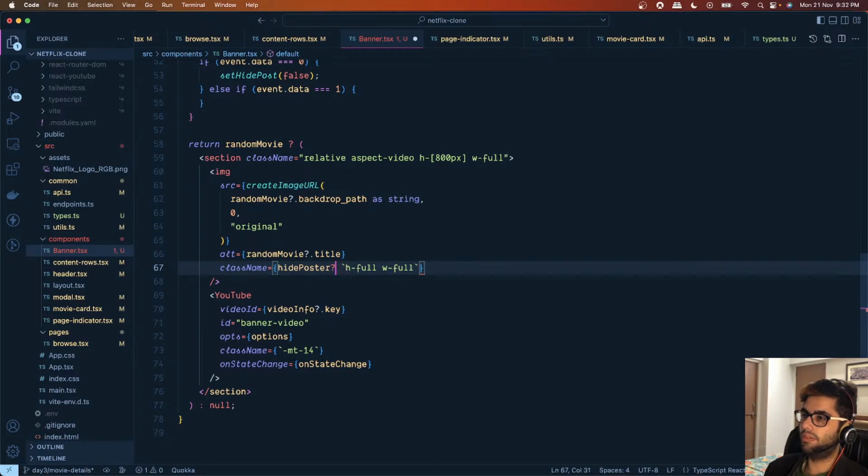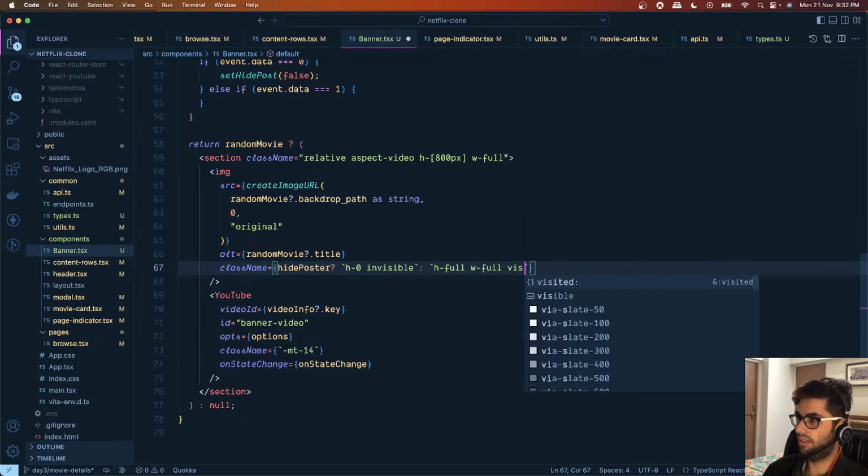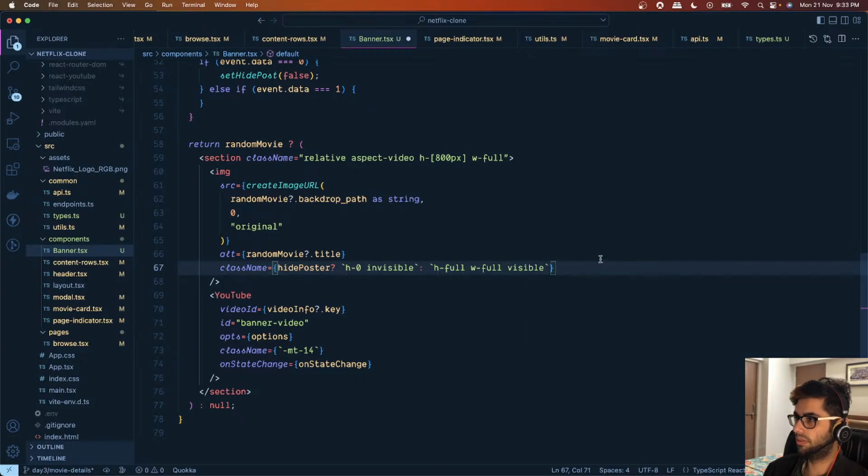In that case we are going to say that the height is 0 and this is invisible. Okay, and otherwise the height is full and the width is full, and this is visible. All right,